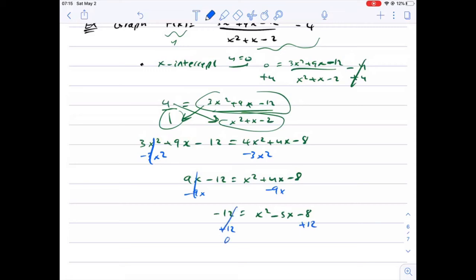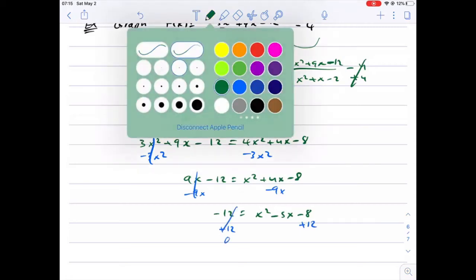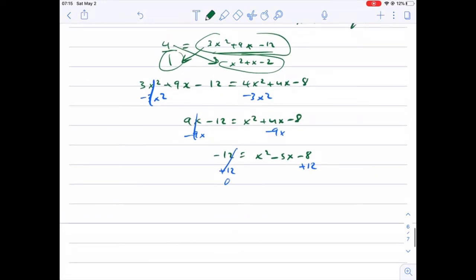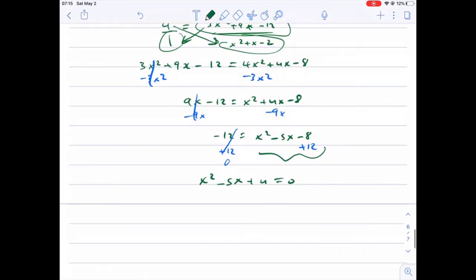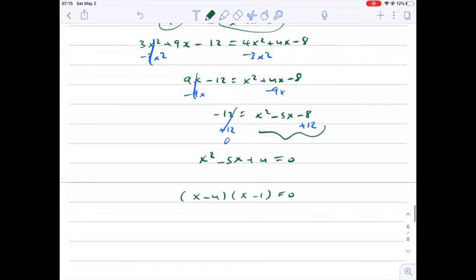This becomes 0, and we write x squared minus 5x plus 4 is equal to 0, and then we solve this for x, so we can factor this. It's (x minus 4) times (x minus 1) equal to 0, and then we get two solutions, x equals 4